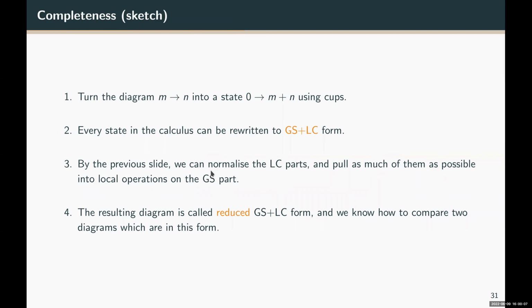And we end up with a diagram which is called reduced graph state plus local Clifford, in which you only have some subset of the possible local Clifford operations acting on each of the output wires. And then if we take two diagrams and reduce them all the way to this reduced graph state plus local Clifford form, then we know how to compare two of these diagrams using